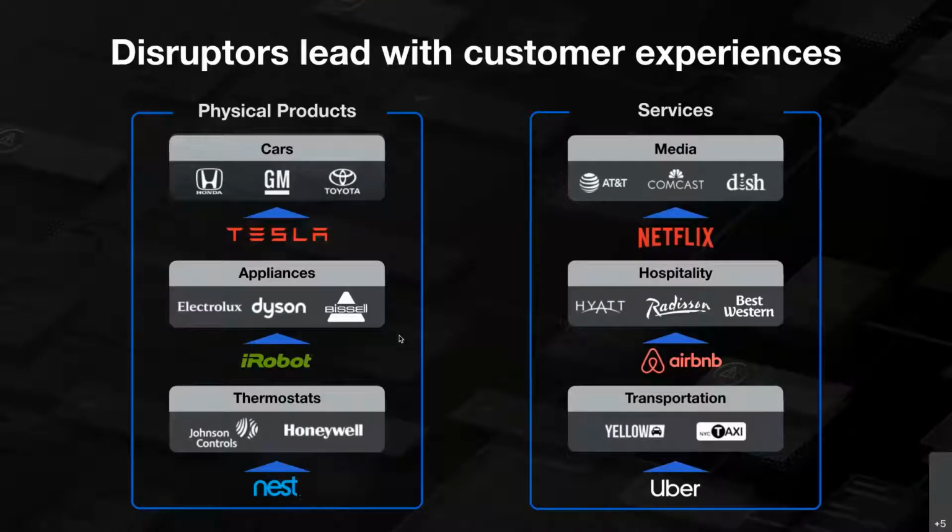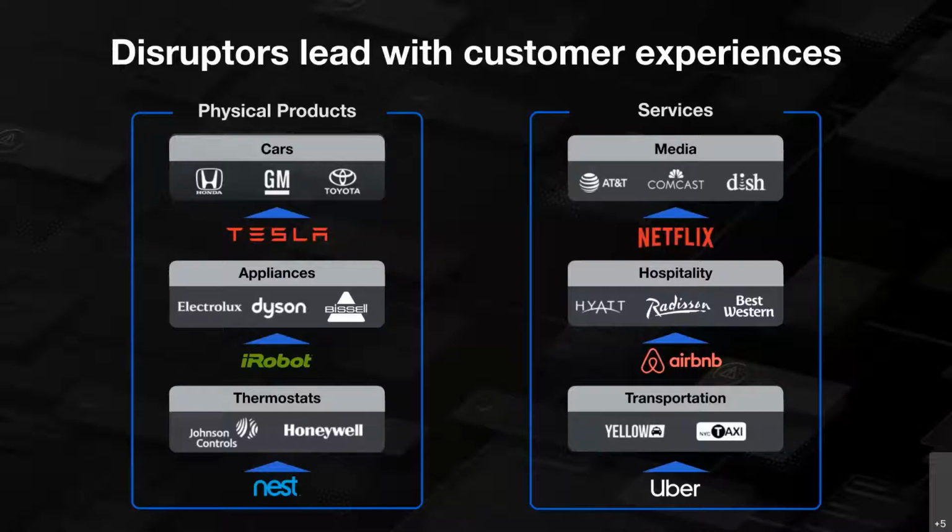So let me start off with the obvious. I think what we are seeing across the landscape and spectrum of all industries is digital disruption. I know it's been accelerated over the last few months because of COVID, but this is a phenomenon that's been going on for a very long time. Traditional industries have been disrupted by digital. And one thing that you see, which is common in all of these, is their roots in technology and software. So new age companies are actually using software to disrupt traditional industries, and they're actually leading with customer experience.